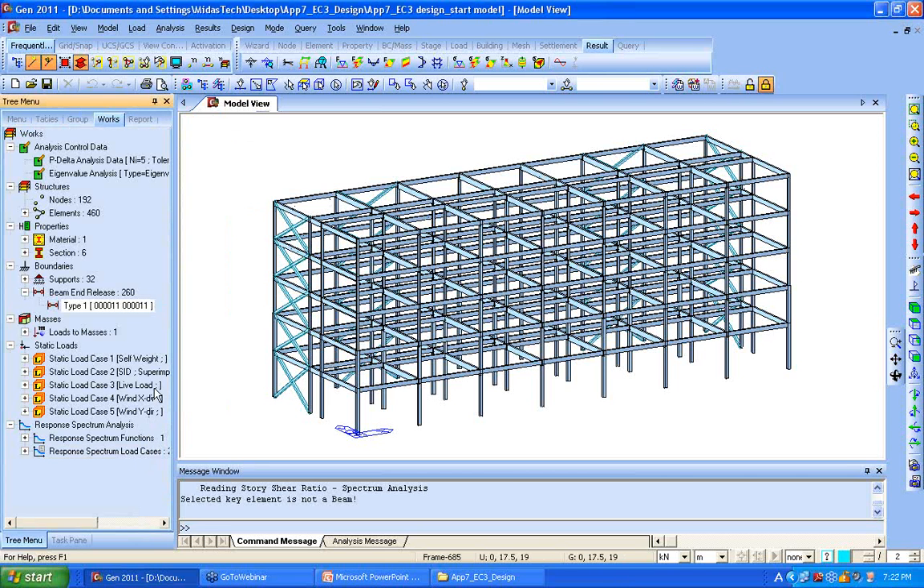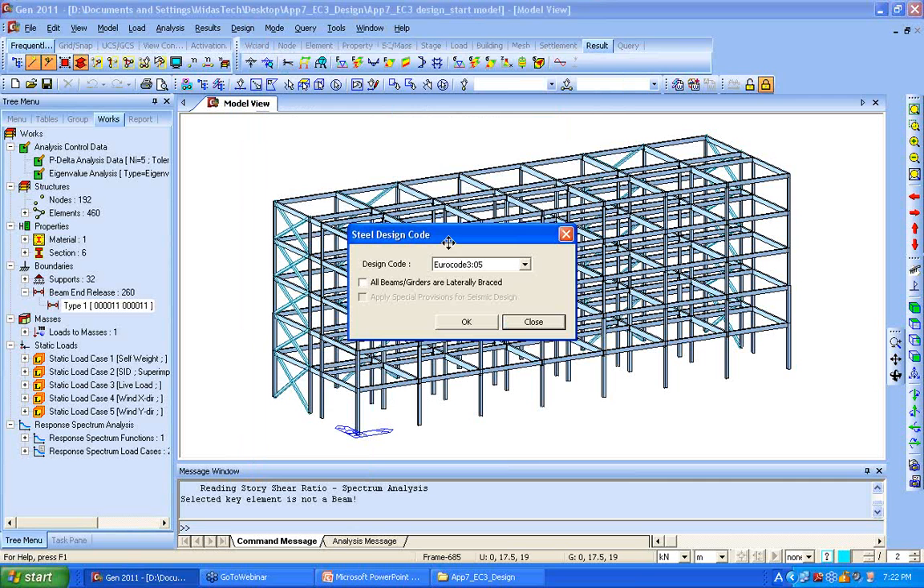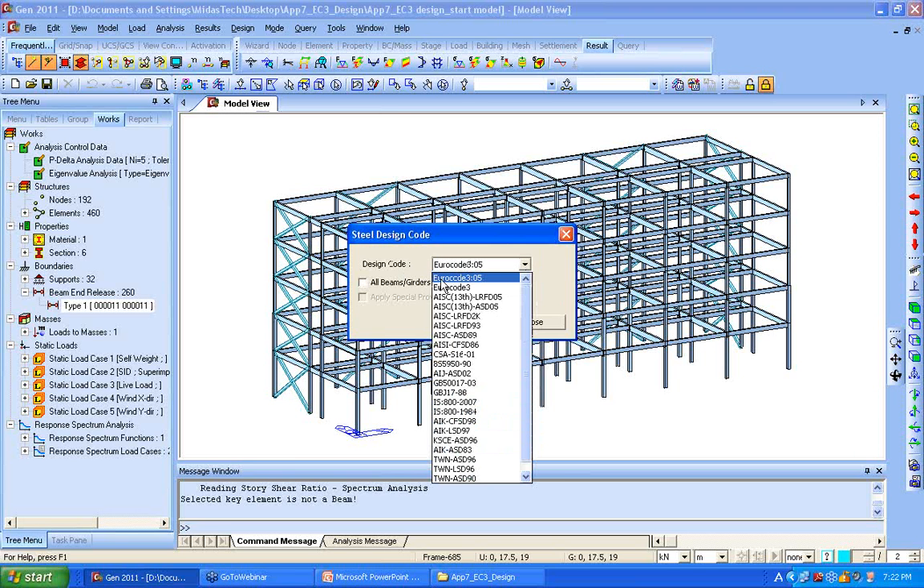Okay, then I will start the design. Go to Design tab and go to Steel Design Parameter and select the design code. To apply for the strength verification of the steel member, let's determine the design code here. In my case, I will select the Eurocode 3, and you can see the many different codes in many different